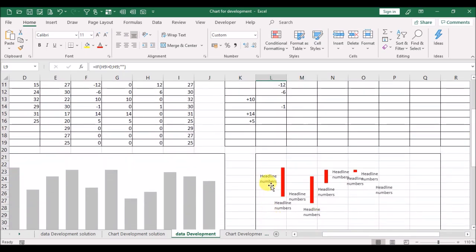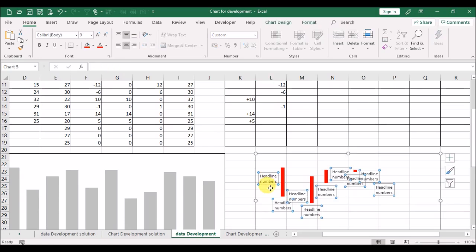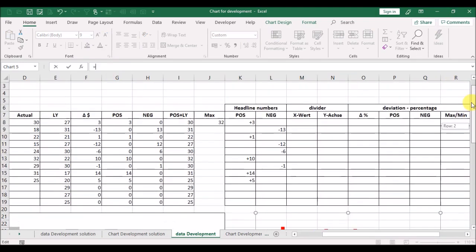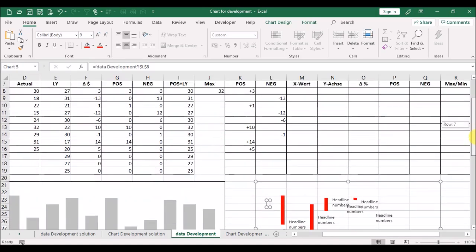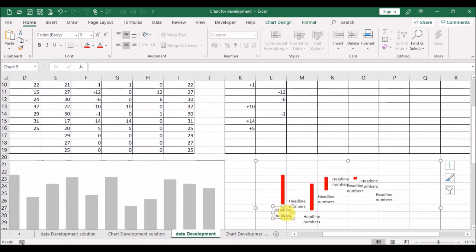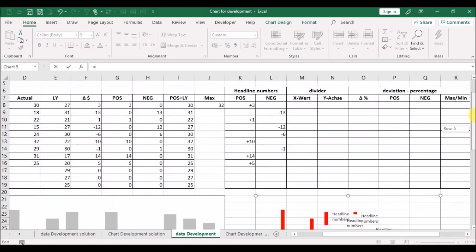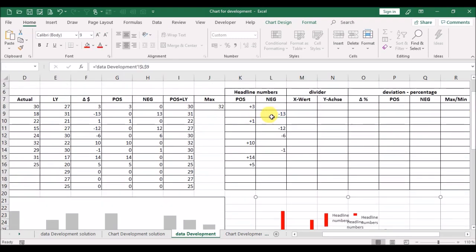And we mark the headline numbers from January, go to the insert function and say equal with cell L8. For February it's equal with L9.